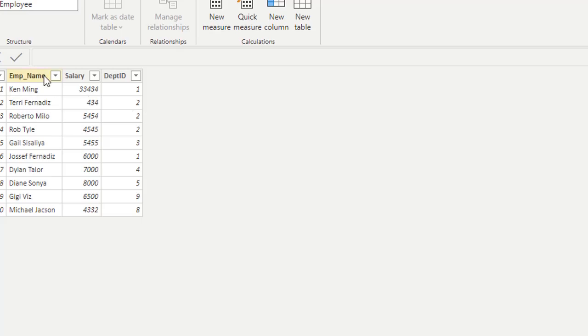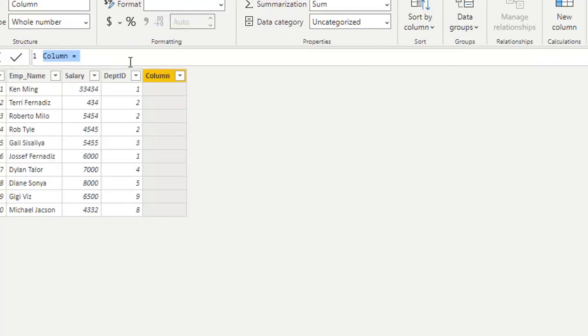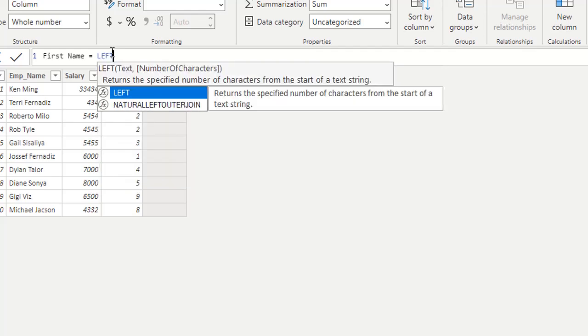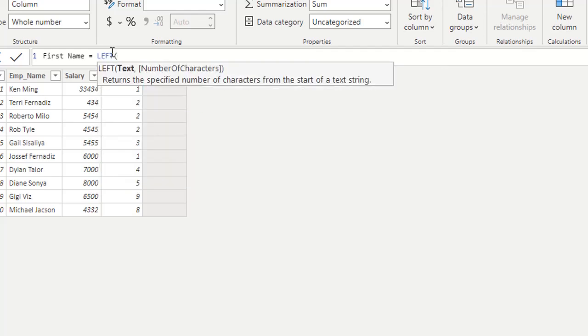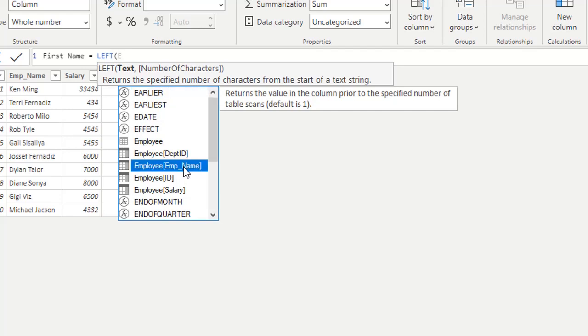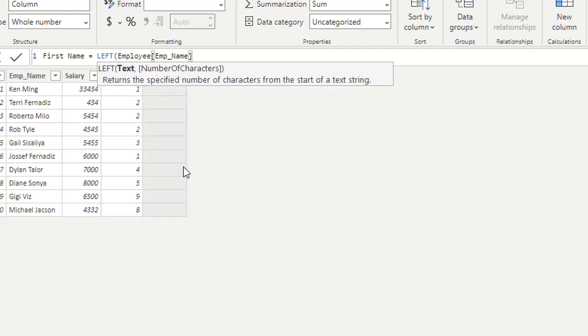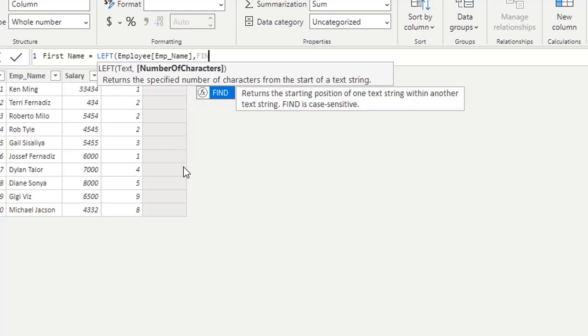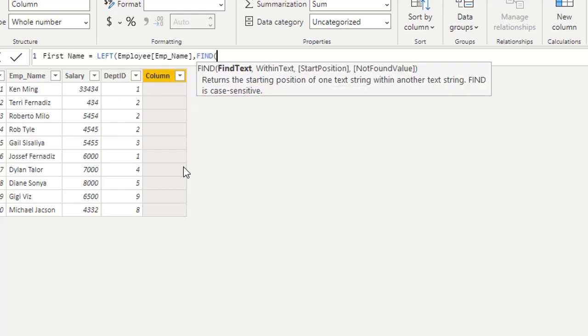Okay, so new column, first name, then LEFT, text, emp name, the name of the column, then comma, FIND. And what to find? Space.